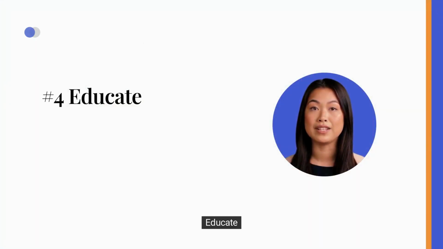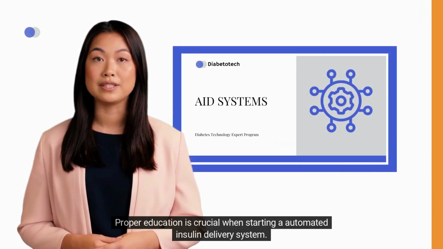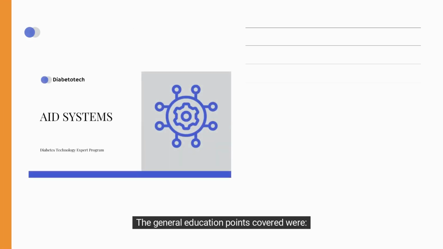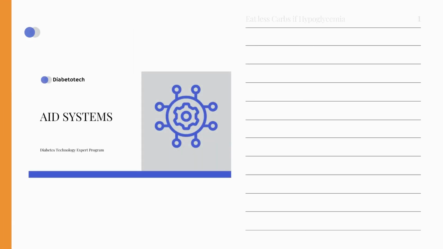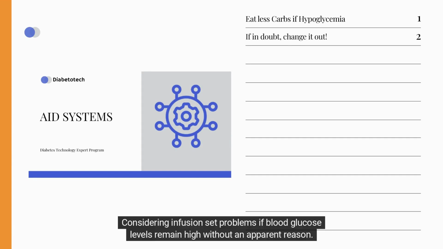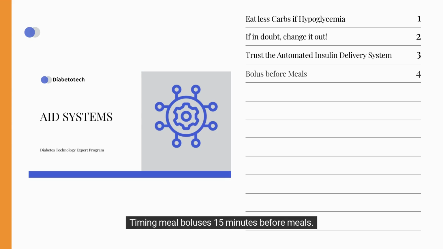4. Educate. Proper education is crucial when starting an automated insulin delivery system. For general education points, please refer to the generic module. The general education points covered were: using fewer carbohydrates to correct hypoglycemia, considering infusion set problems if blood glucose levels remain high without an apparent reason, trusting the automated insulin delivery system and avoiding unnecessary manual interventions, timing meal boluses